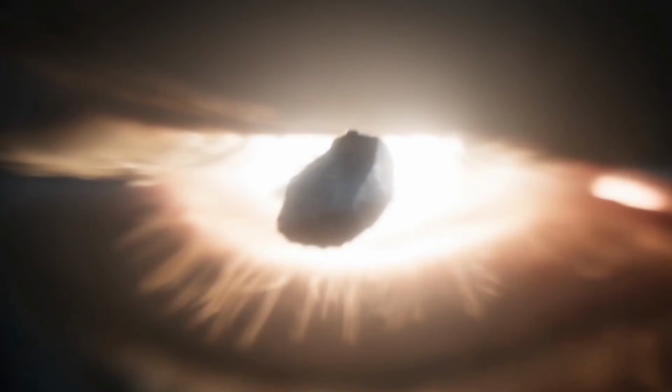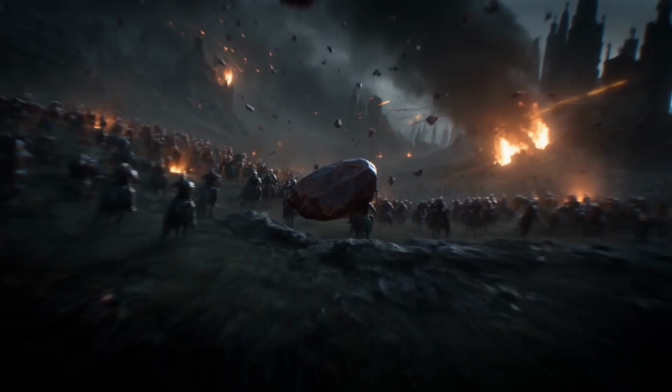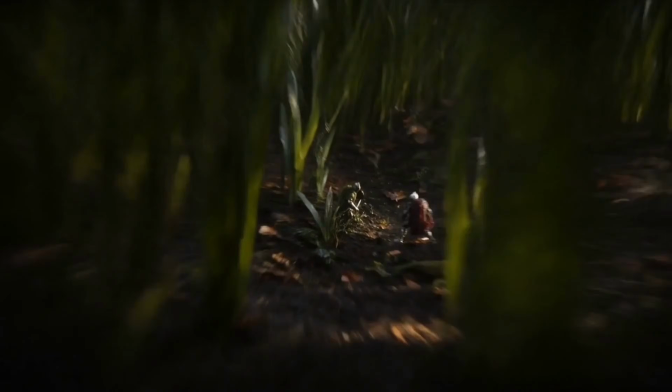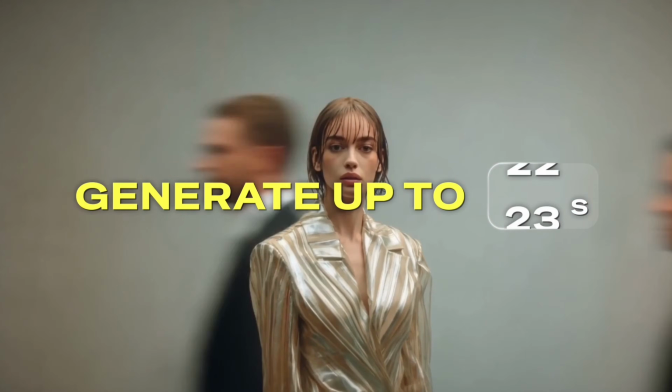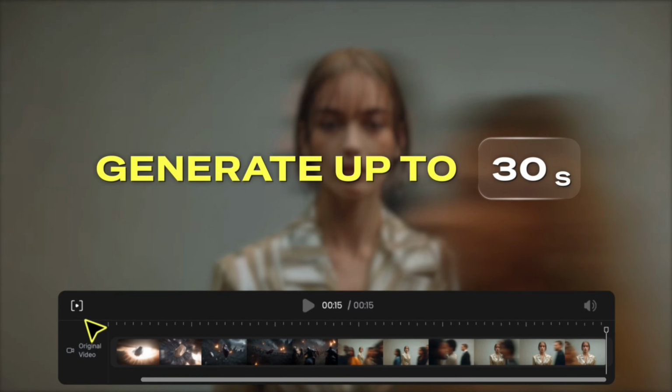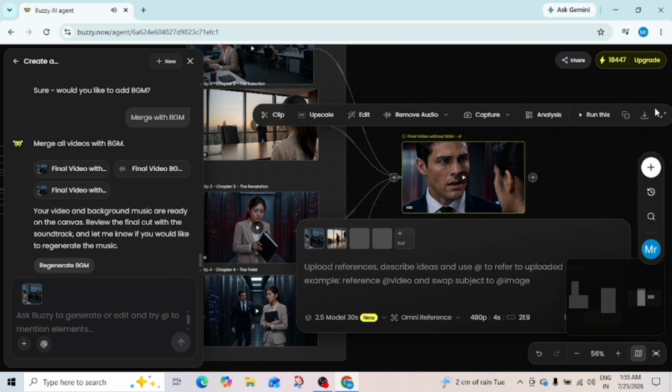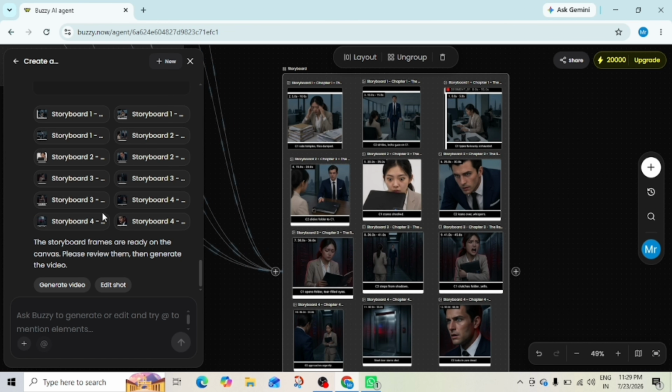It delivers enhanced cinematic quality, smoother motion, and more realistic AI video generation. If you're looking to create even more professional AI videos, Seedance 2.5 is definitely worth checking out. Buzzy overall, if you're creating AI short dramas, cinematic films, or any type of AI-powered creative video, simplifies the entire production workflow in one platform. From your initial story idea to the final rendered video, and even managing multiple projects, everything can be handled efficiently